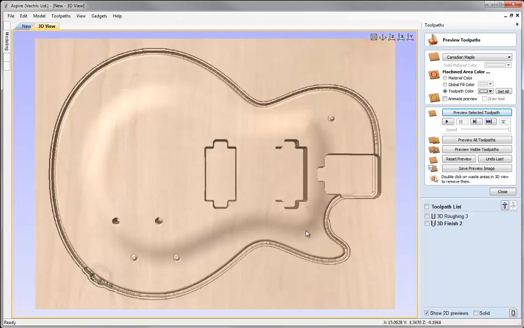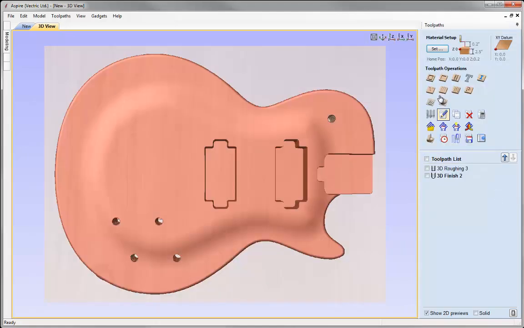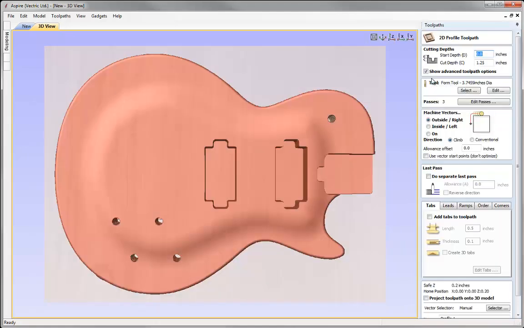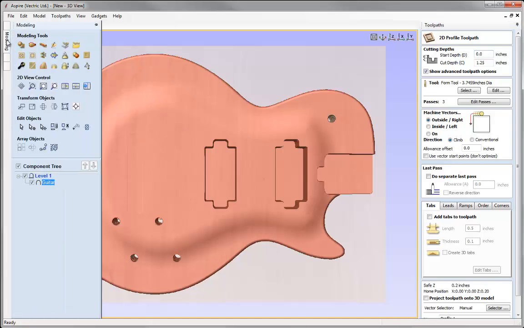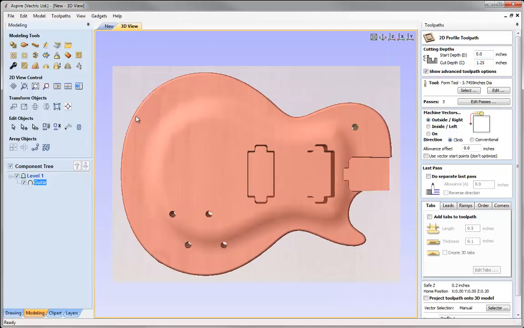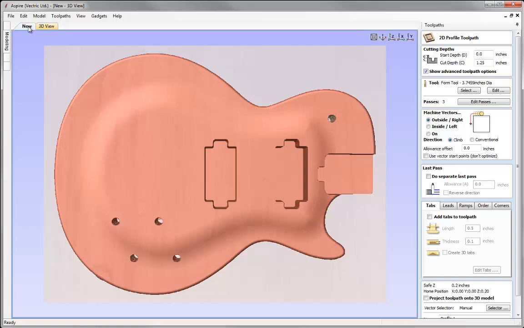And then the last toolpath that we'd need to create is our cutout path. So let's close the preview toolpath form and create the profile toolpath. Now, I'm going to need to create a vector for this, so I can quickly open this tab. While it's still selected, all I need to do is press the create vector boundary from the selected components, which it is selected. Select that, go back over to the toolpath tab, and in the 2D view, you'll see